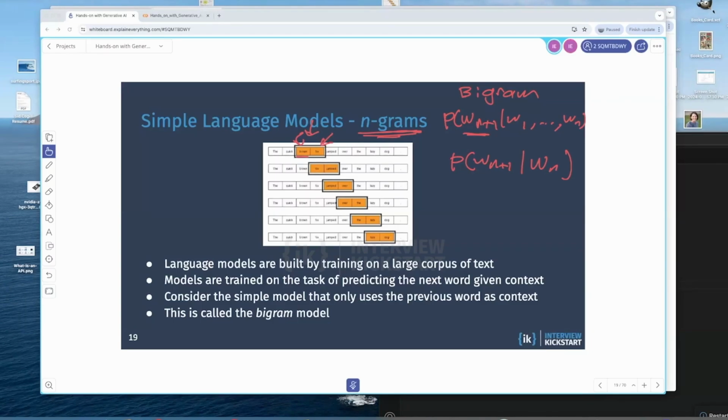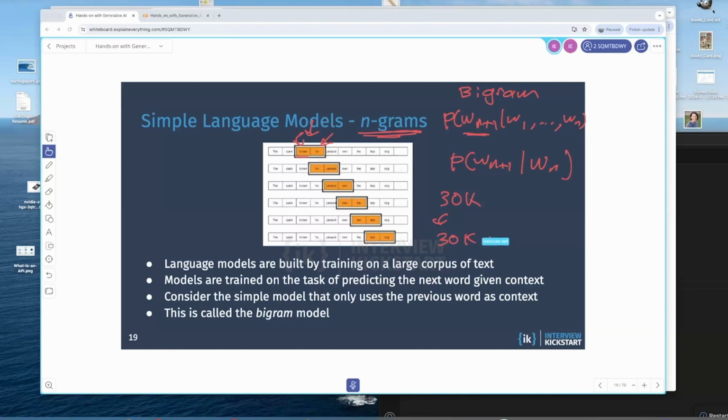I'm going to say, okay, here's one case where fox came next. And if I keep looking through my text, maybe I see the word brown again, and I see the word cow comes next, and I'm going to record that. And I'm just going to do that for all of these pairs. So if I give you this large corpus of text, I could run through it and keep track of, for every single word in my vocabulary, so let's again say I have 30K words in my vocabulary, for each of those 30K words, how often do I see each of the